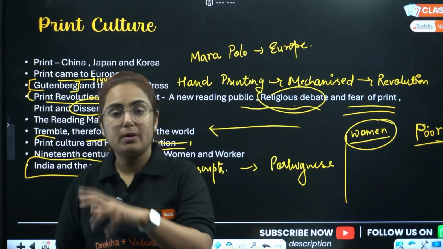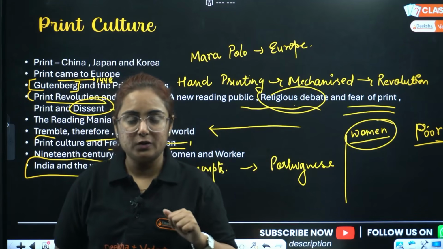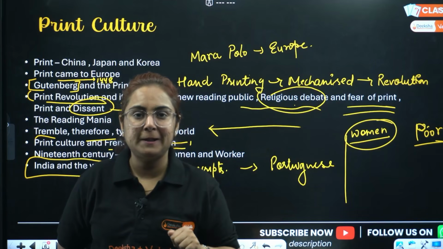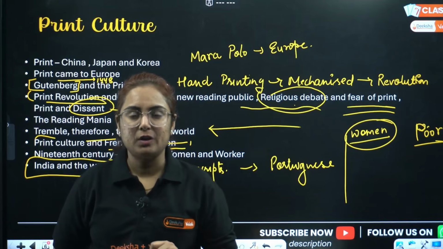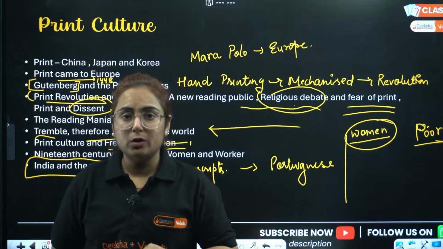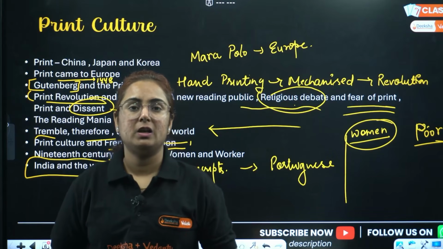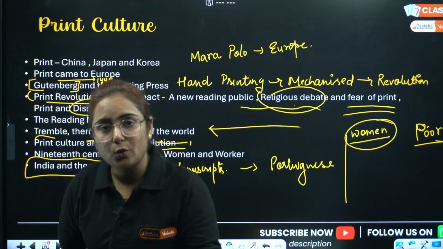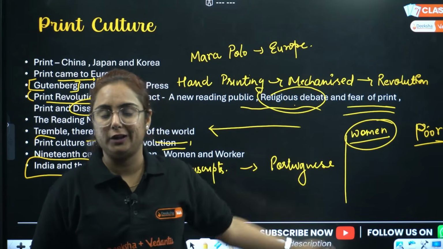A woman in Bengal learned to read in the kitchen, right? She wrote the autobiography Amar Jiban. Who is the lady? Tell me. Okay, Kailashbashini Devi. Similarly, if we talk about the poor, then we have Jyotiba Phule. Gulamgiri is a book written by him. A Kanpur mill worker is there, right? So there are certain stories that tell us the importance of print in the life of the people of India,